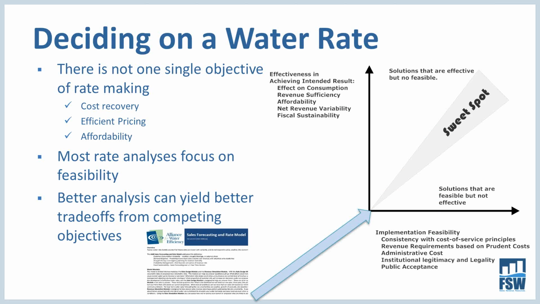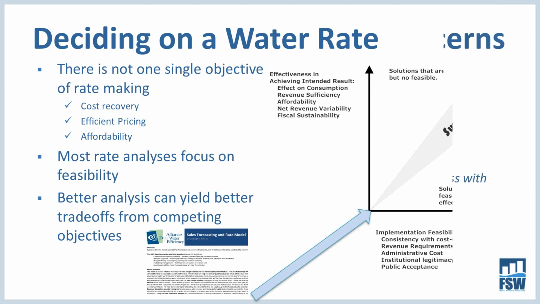Key to the concept of this handbook and the model that accompanies it, and we have a screen capture at the bottom of the model, is that deciding on the rate structure requires some hard trade-offs among different kinds of objectives. I've listed 3 over here. If you look at the graph on the right, many water rate studies focus on implementation feasibility. What is a change that could possibly work? The handbook emphasizes a more analytic path, looking at what the intended effects are and how you can make better trade-offs to do a better job of achieving your intended result. Next slide.